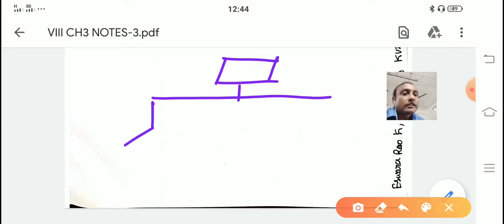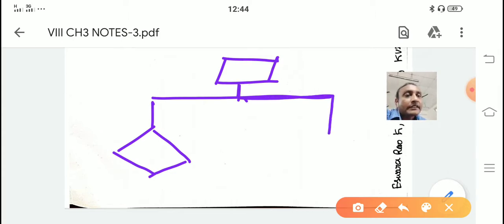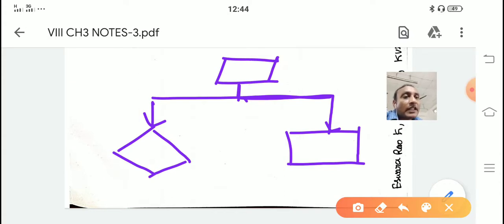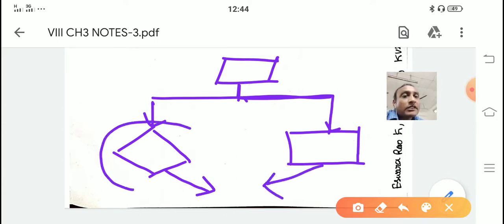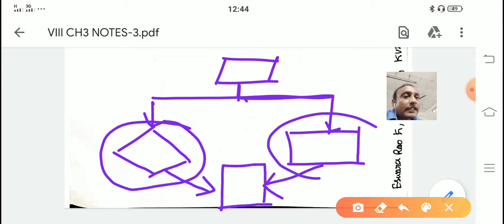equal. When all sides are equal. I am trying my best to do the diagram. A parallelogram is said to be a rectangle when all angles are equal, 90 degrees. Next, what is a square? A square can come from a rhombus, and a square can come from a rectangle. In the rhombus, if all angles are equal, that is a square. In the rectangle, if all sides are equal, that is a square.